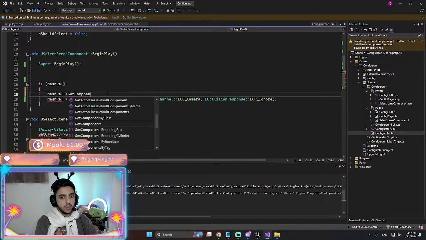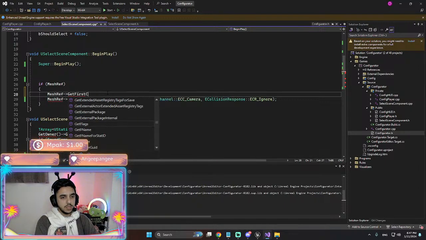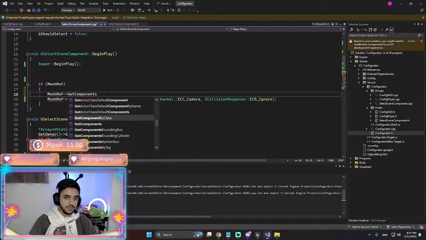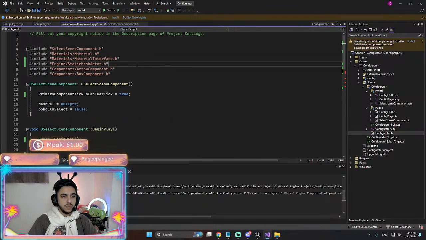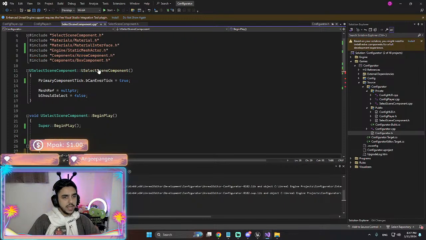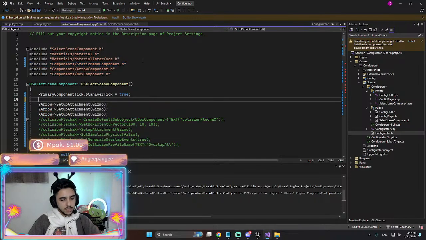Get components. Can I say get first component? No. Get components by class. So we need that components, like, oh my god. Remember we had it? I'm gonna go back and bring it on. Static mesh component.